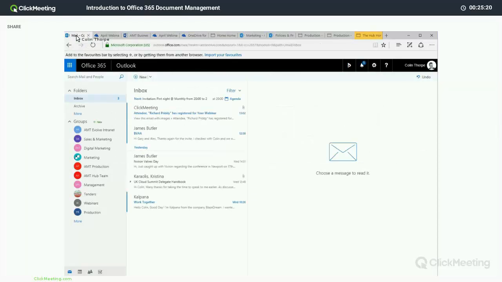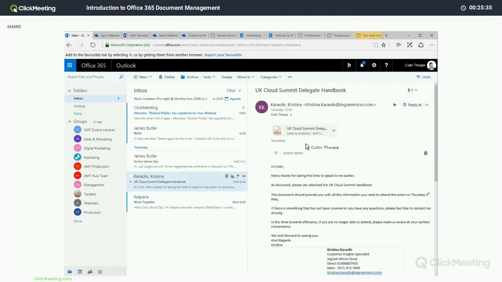Okay, so going back into Outlook, the other thing that we talked about wanting to do is move attachments from emails back into OneDrive and into SharePoint. So we're just going to have a quick look at how to do that. So I'm here, which has come from somebody outside the organisation, and Christine has sent me a PDF. Clicking the drop down by the attachment, I've got the normal option of downloading it to my local drive,